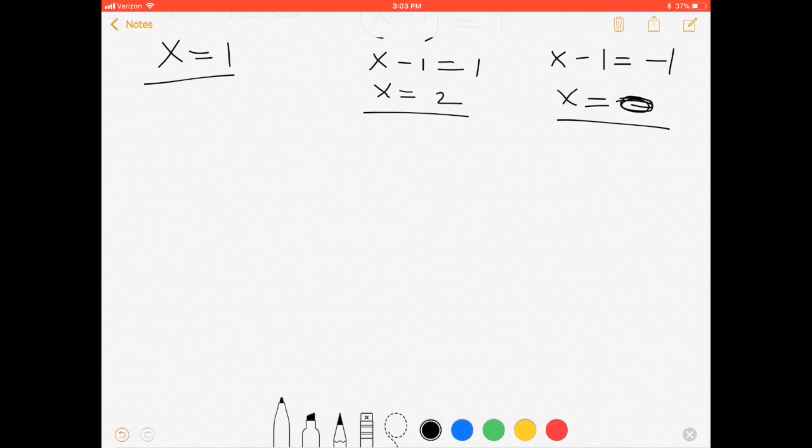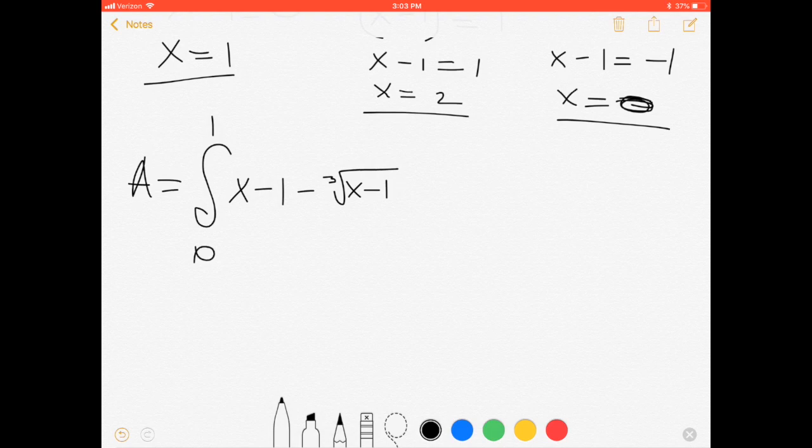These two pieces are equal, but we're doing it separately so you can see how it works, because not always are the two pieces equal. So the integral from 0 to 1 of x minus 1 minus the cube root of x minus 1 dx,